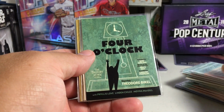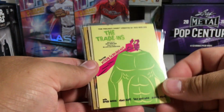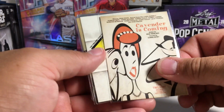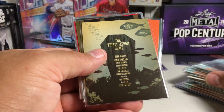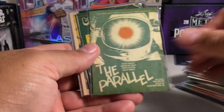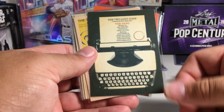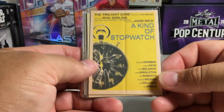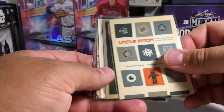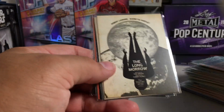The Little People, Four O'Clock, Hocus Pocus and Frisbee, The Trade-Ins, The Gift, The Dummy, very creepy, Cavender Is Coming, The Changing of the Guard, The Thirty Fathom Grave, He's Alive, No Time Like the Past, The Parallel, On Thursday We Leave for Home, The Bard, A Kind of Stopwatch, another great episode there, The Old Man in the Cave, Uncle Simon, Probe 7 Over and Out, The Seventh Is Made Up of Phantoms, The Long Morrow,